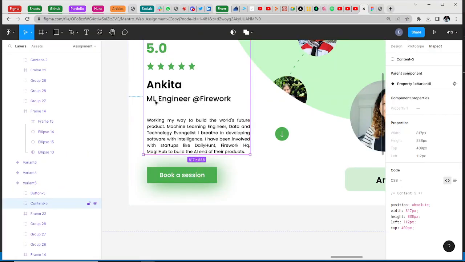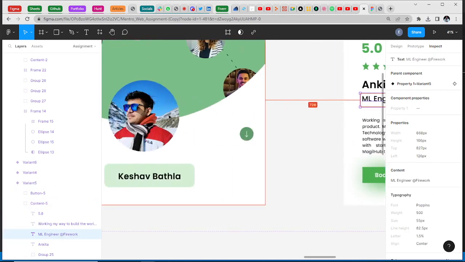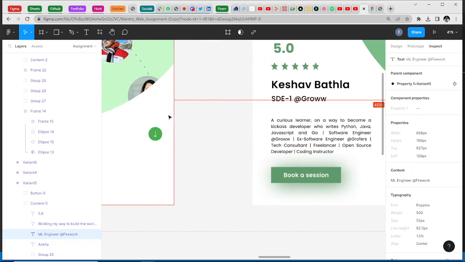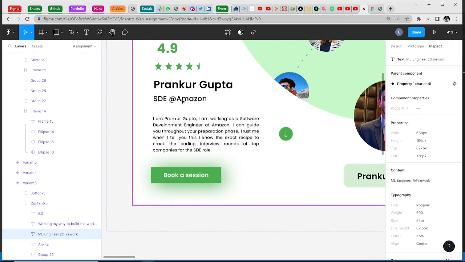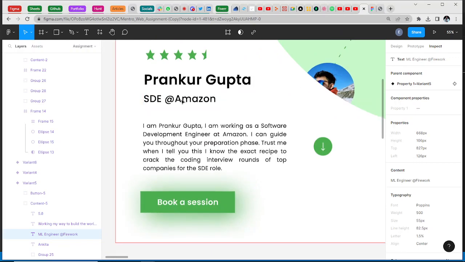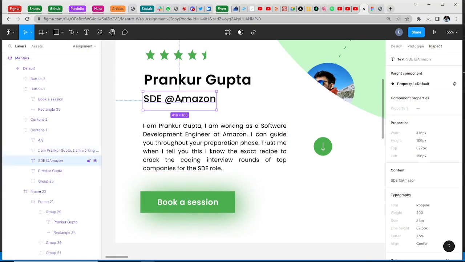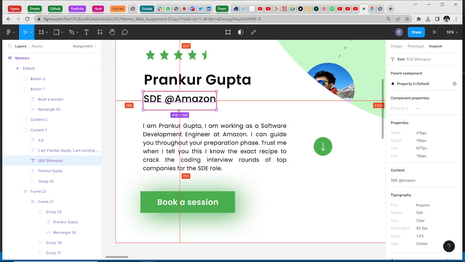Alright, so next is this one. There is a bit of space, quite a lot of space everywhere. Okay, so let's copy this: SDE at Amazon. SDE is software developer engineer. Okay, so it's a margin of 65. Let's call that 64. If you have that, that's 32, 2 rem. So margin of 2 rem on this. And this one,